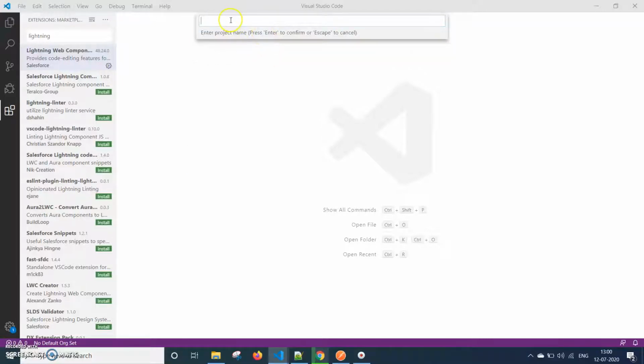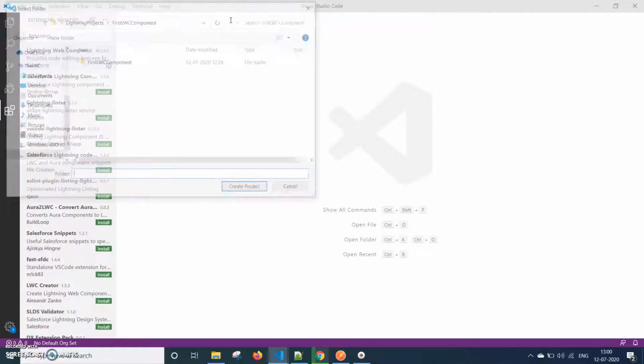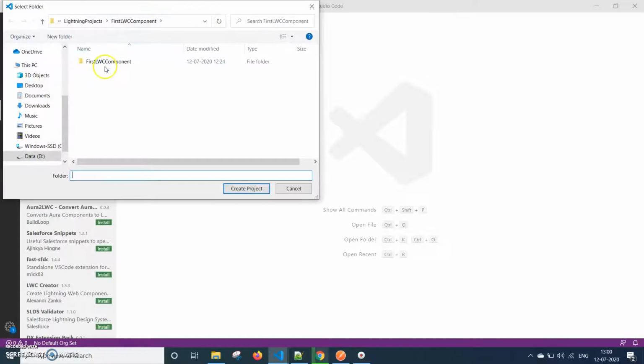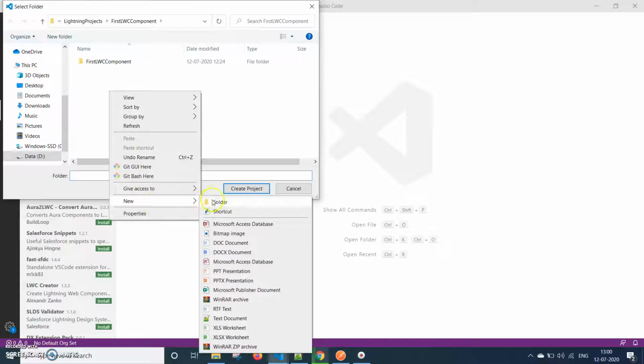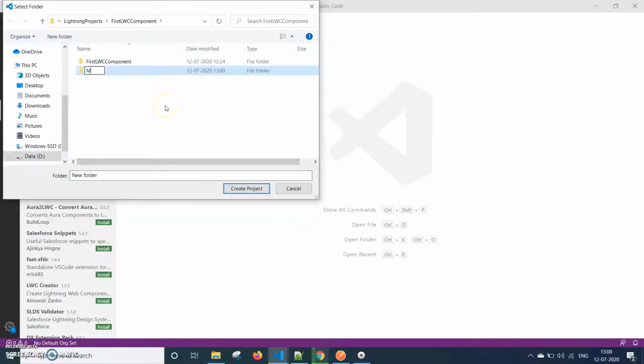Enter the project name. I'm just giving My First Lightning Web Component, and I'm creating a new folder, My First Lightning Web Component, and choosing this folder.